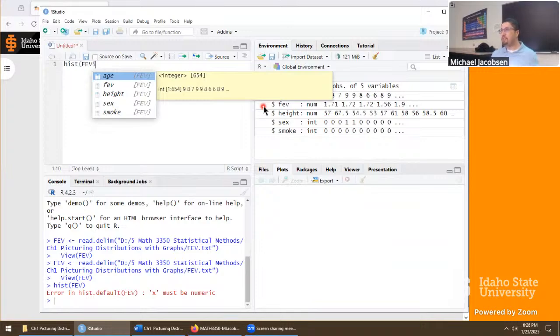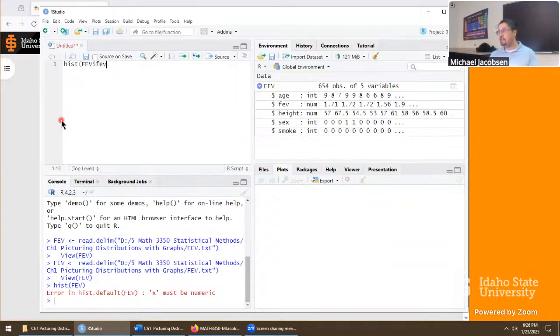And notice the moment you type in a $, you have this little tab. You could just type in age. But this is actually really important sometimes when the variable description is complex, because you have to type that in verbatim, case, syntax, spacing, and all. So oftentimes this is a foolproof way to make sure we don't get any weird errors accessing the FEV variable. So I would just scroll to this one, hit enter, and this would do it.